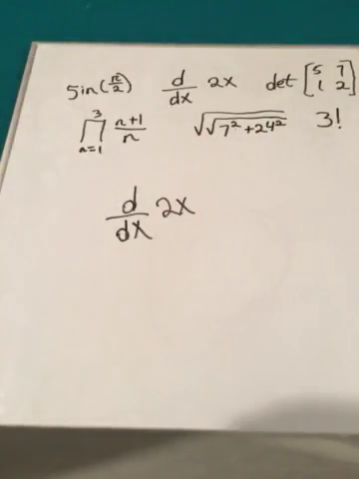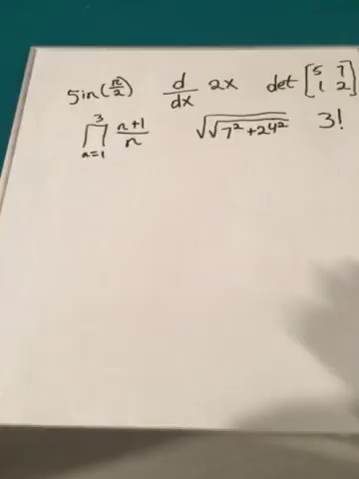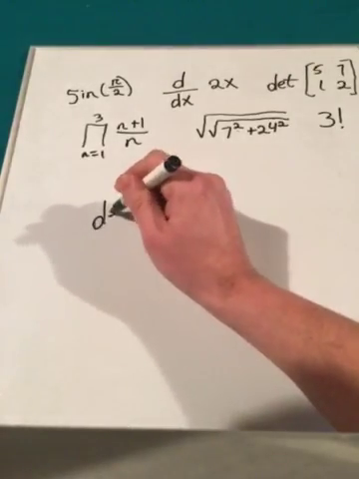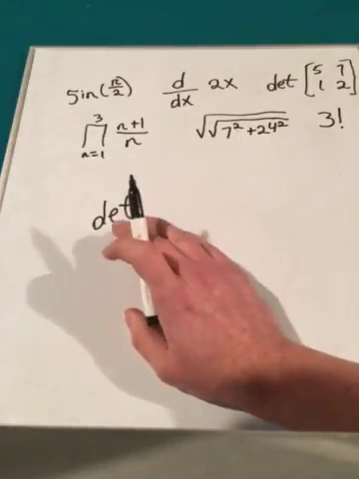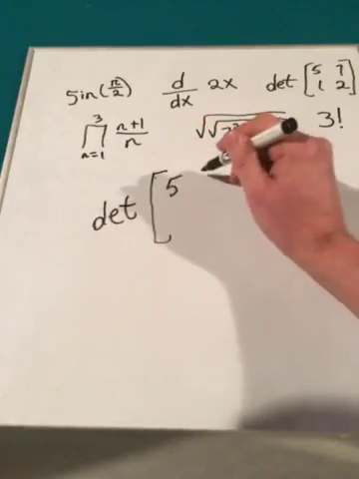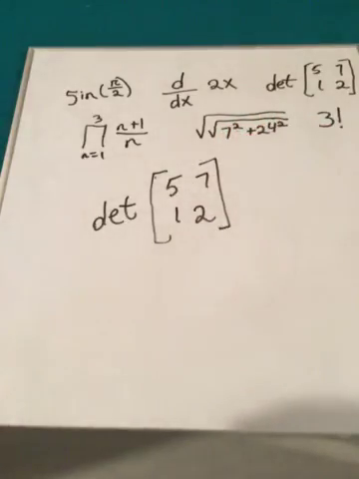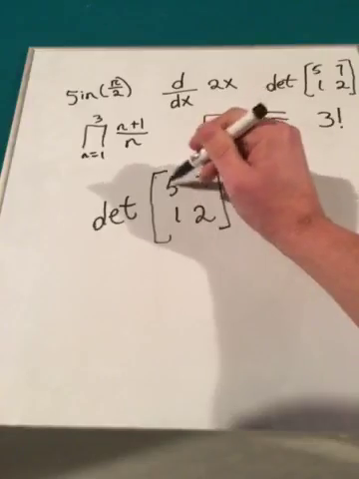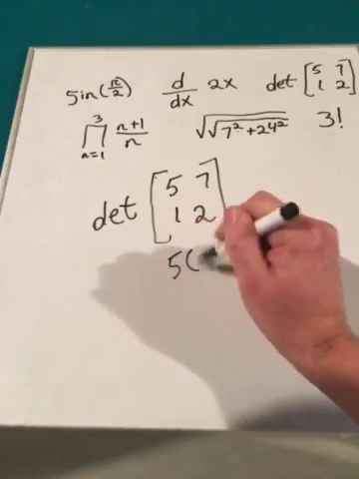There you go. How about the number 3? Well, I claim that 3 can be written as det, which just stands for determinant. So we're taking the determinant of this matrix, 5, 7, 1, 2. How do you take the determinant of a 2 by 2 matrix? It has 2 rows and 2 columns. Well, you take the product of this diagonal, so 5 times 2,